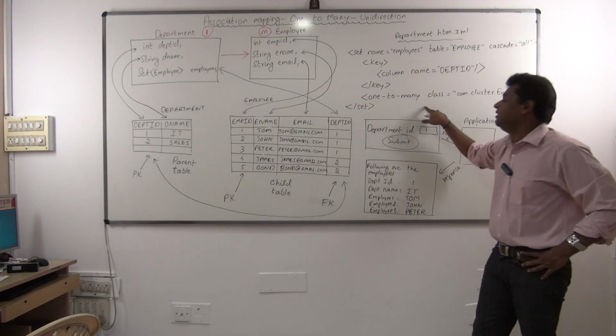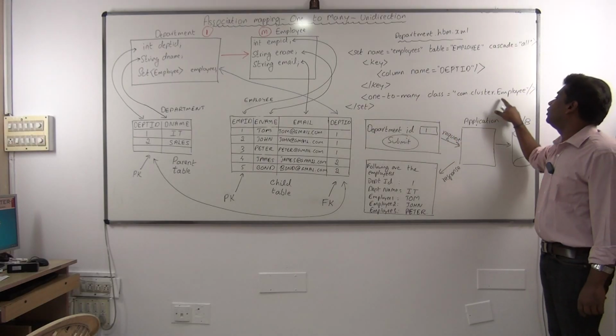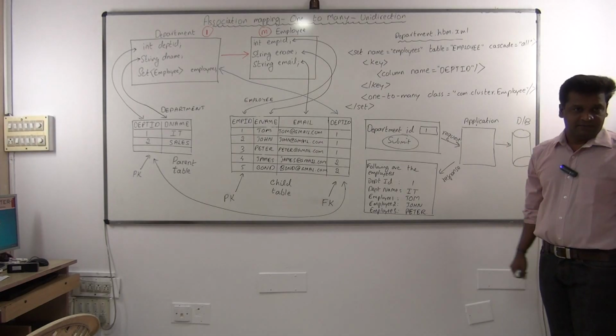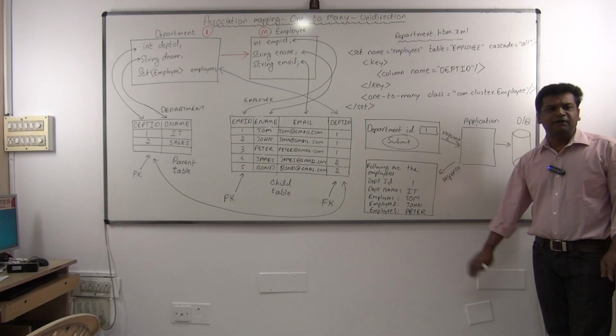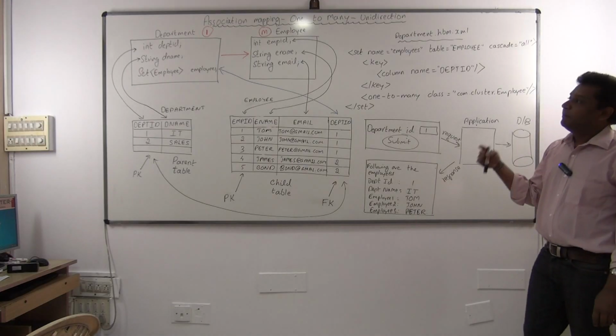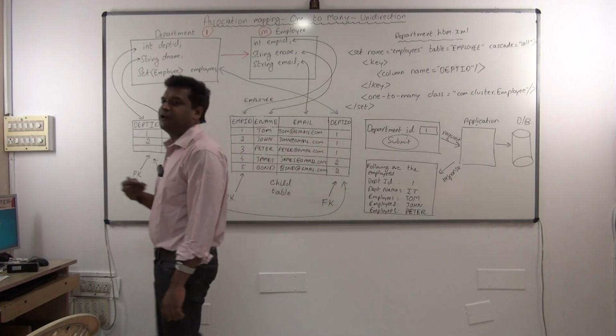And lastly, for one-to-many, you have to use the tag. Class is equal to com.cluster.employee. So you have to use this. If you do this much, mapping will be done. Understood? We understood the cardinality, one-to-many. But the direction now is